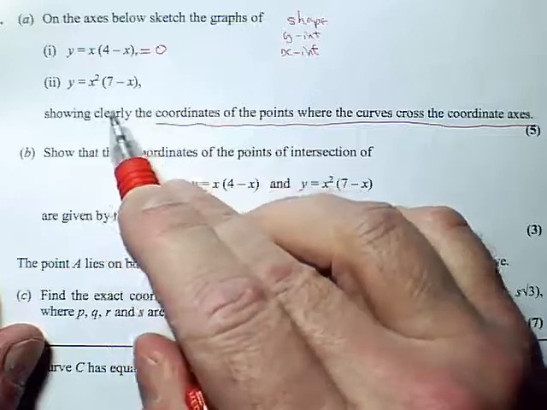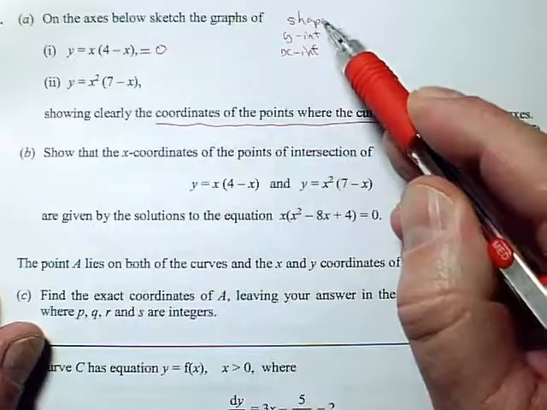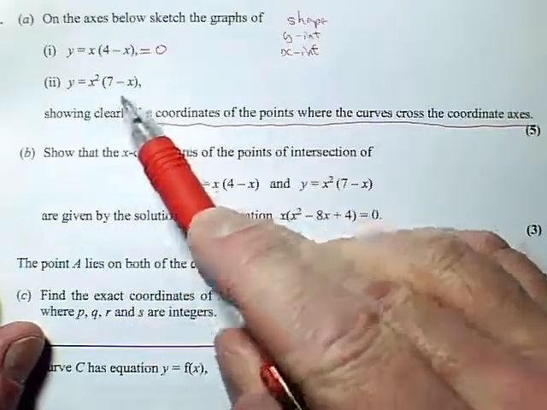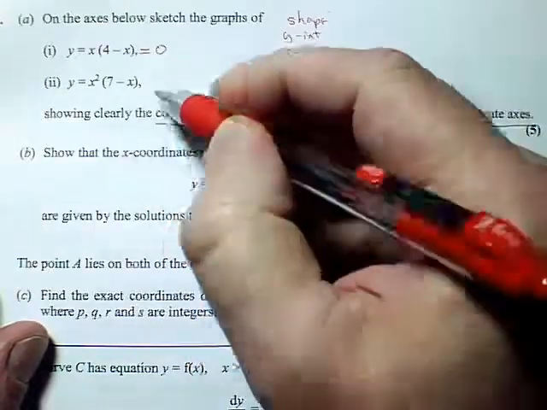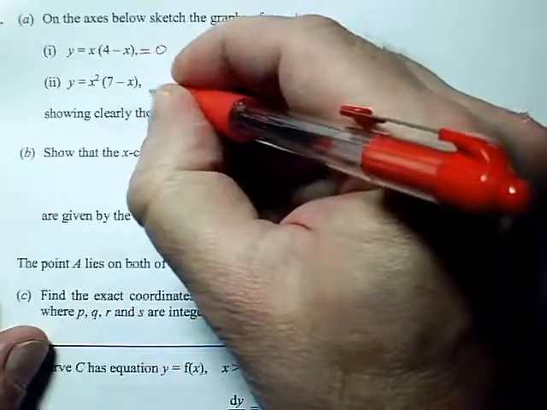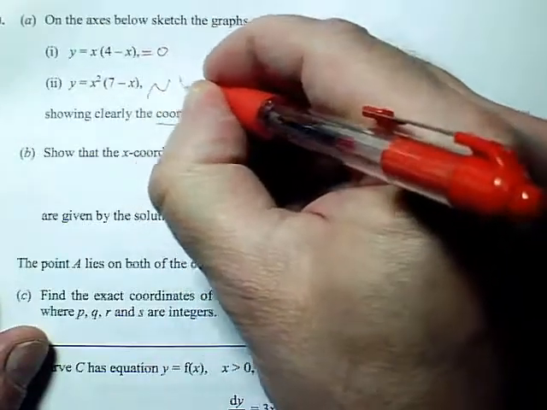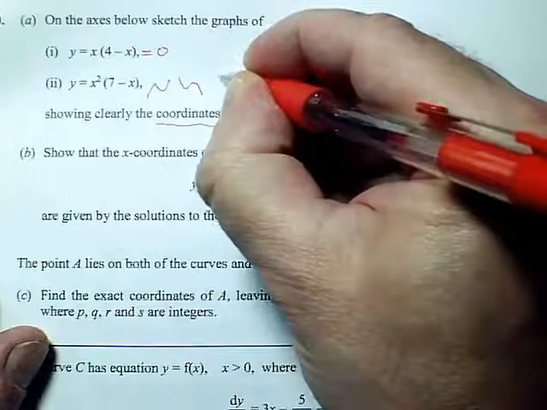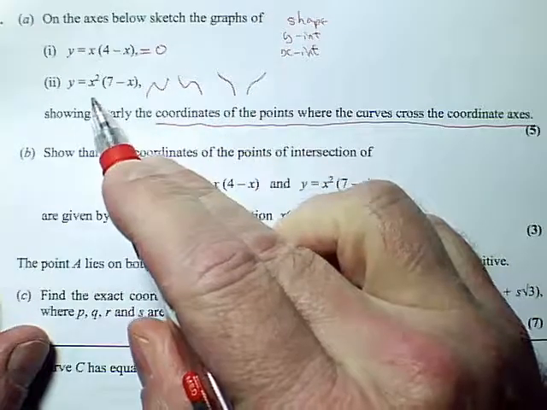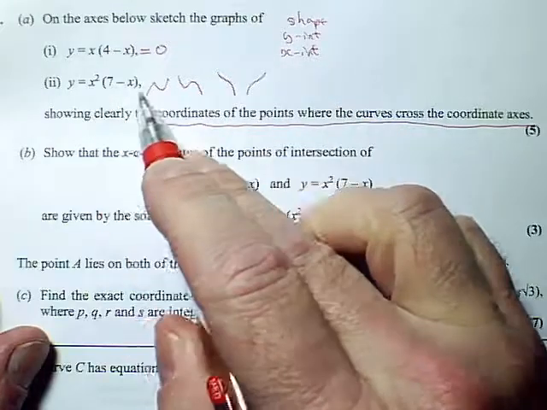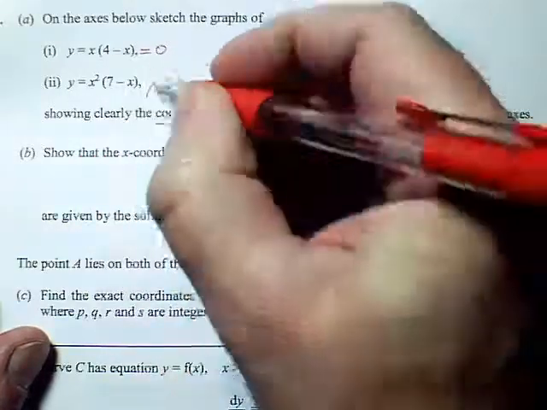No such thing as a vertex here, but once again we have a shape, so think about how many x cubed. Okay, what kind of shape is it going to be? We know from experience it's more likely to be one of these shapes than it is to be one of these shapes. Okay, to find the y-intercept, do the same thing, substitute x equals 0, and to find the x-intercept, we're going to